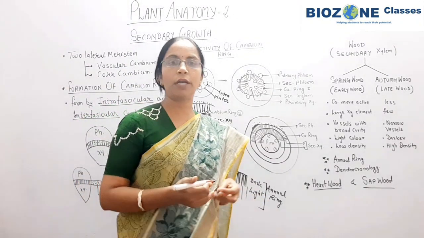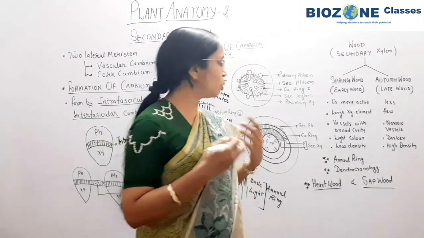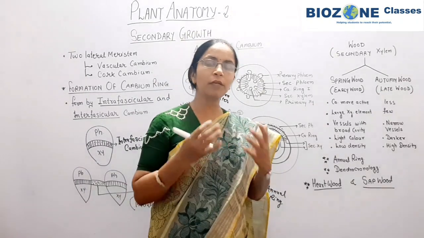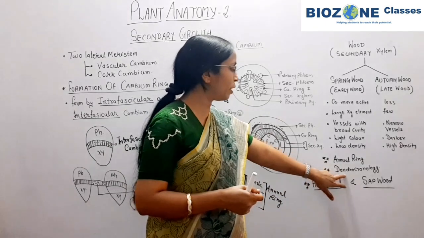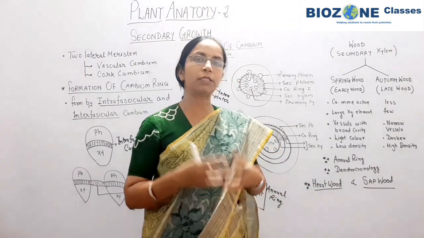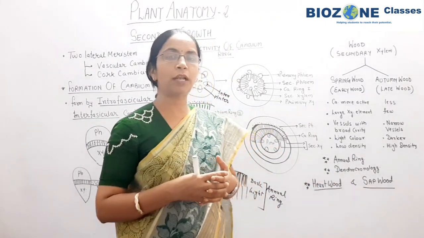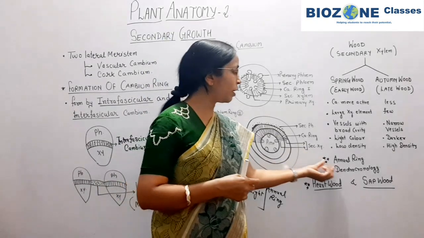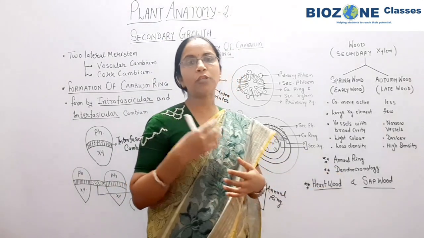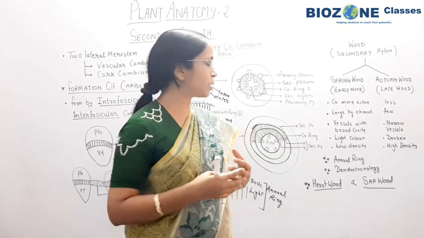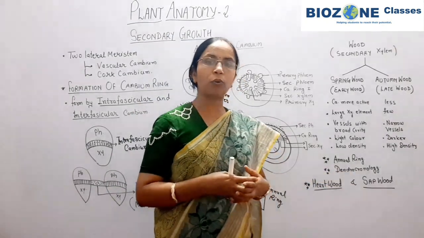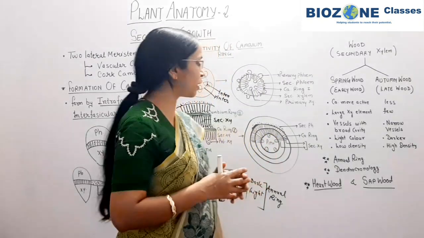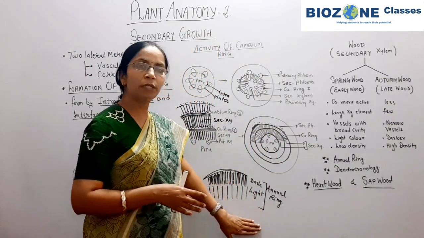These annual rings we use for the detection of the age of a tree. So remember dendrochronology. Dendrochronology is a branch of science where we utilize the annual rings for finding the age of trees. So the branch that deals with the age of trees, remember, is dendrochronology. Remember this for objective NEET exam purposes. So this much you remember.